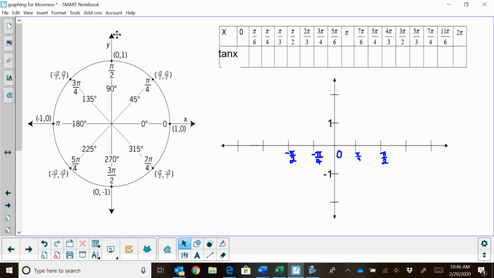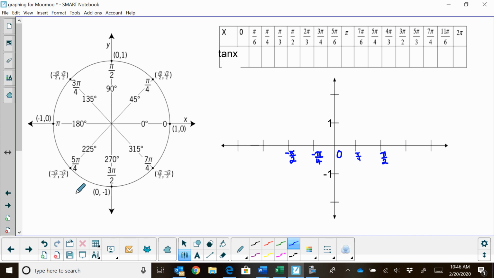So what I've got here is a unit circle and a table of values we're going to fill out, and then an x and y axis to get all this graphed. So first what we need to do is come up with the values for tangent, and I'm going to use the interval negative pi halves to positive pi halves because that is the easiest way to graph one full cycle